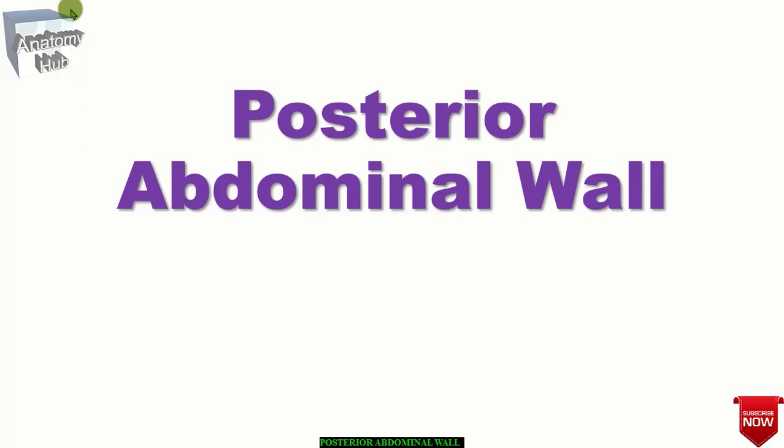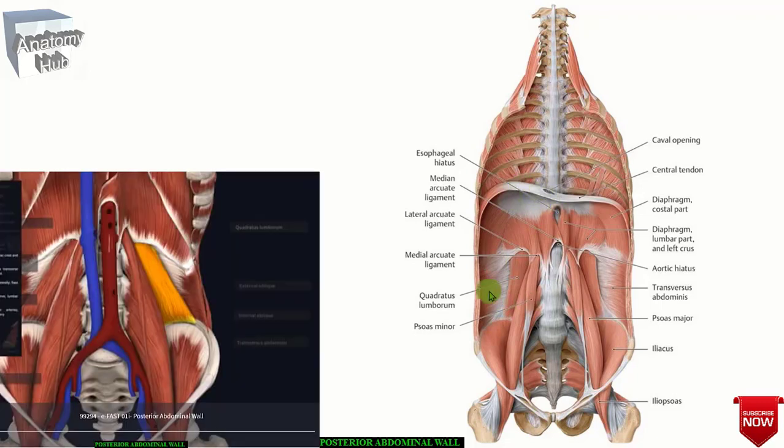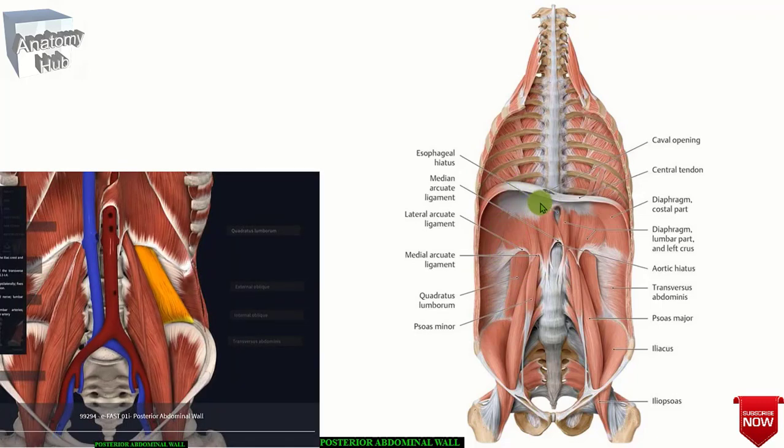Today we will study the posterior abdominal wall. Recently we covered the anatomy of the anterior abdominal wall, and now, on the demand of plenty of students, I have started the posterior abdominal wall. As you know, the posterior abdominal wall extends from the 12th rib above to the pelvic brim